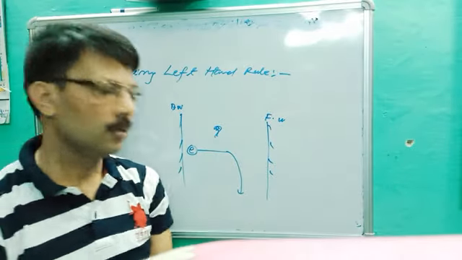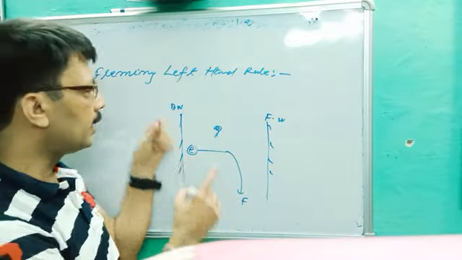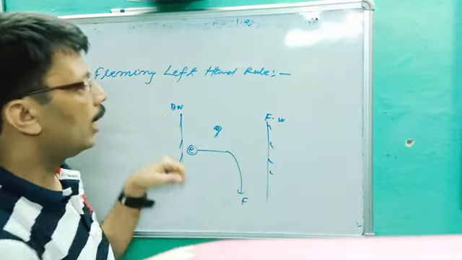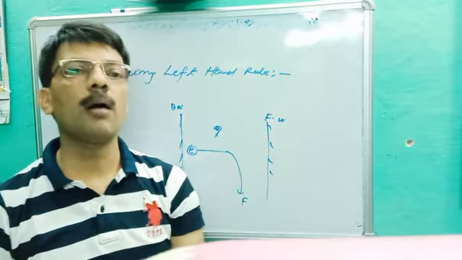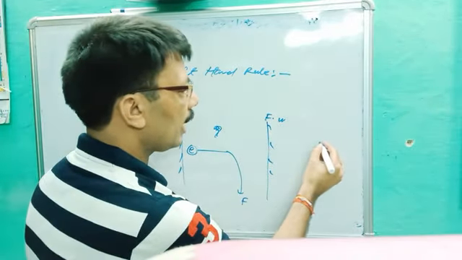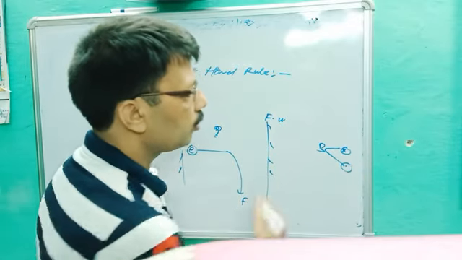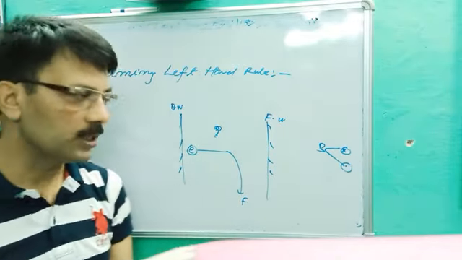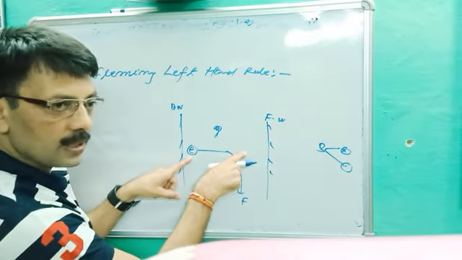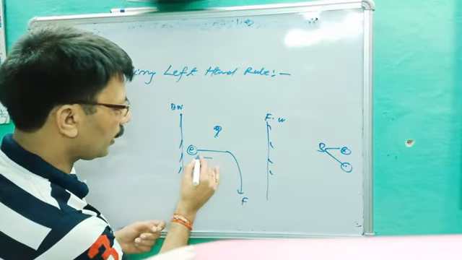The question is very clear. It deflected, it means this will be the direction of force. This is the beam of electrons entering from the back wall to the front wall, and I have asked, find the direction of the magnetic field by using Fleming left hand rule. So what will be the direction of the magnetic field? It could be inward, or it could be outward. Now see, the electron is moving that side, so you better know the current flows in the opposite direction of the electron. So this will be the direction of current.